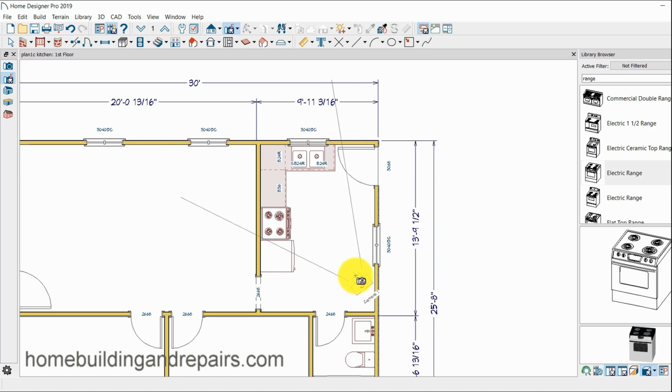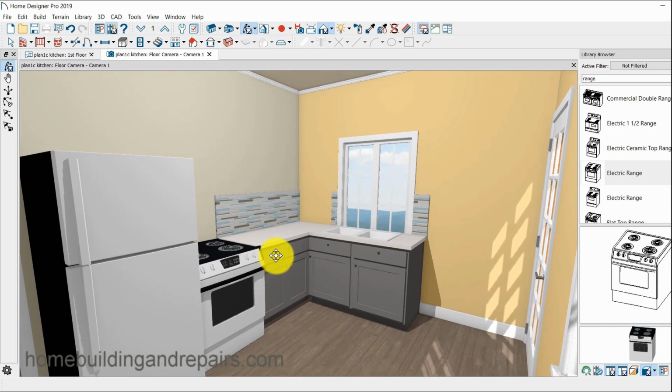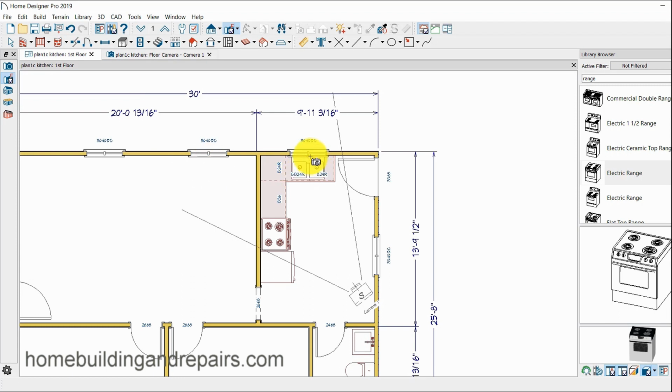And let's just go ahead and let it go right there. Once I let off on the mouse button, it will open up the picture, and here I can rotate it around if I want to see what it's going to look like. Now we can see we already have one problem, and that is the window needs to be a little smaller. So if I go to the floor plan, let's go back to our pointer